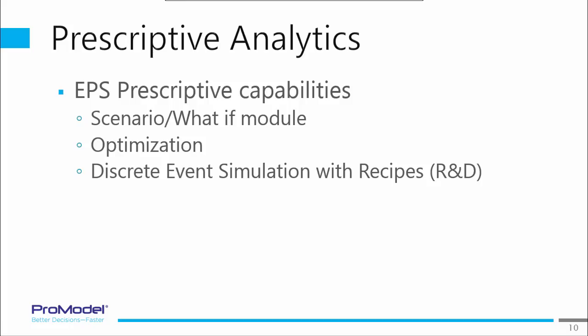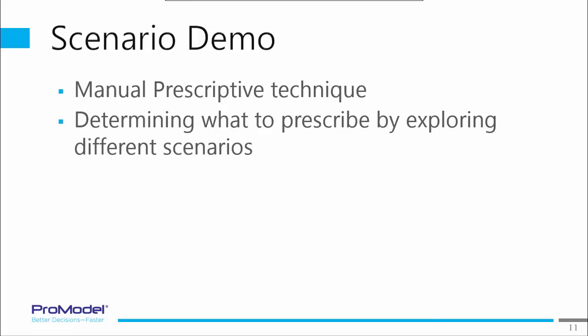So the first one is our scenario what if module. Now, this one is blatantly manual. We basically said, let's pull in a PPM model from one of the suites, one of the big players out there. Let's pull that in and then give them all those dials and levers, all those prescriptive dials and levers so that they can try to play with designing a better future portfolio. So let me